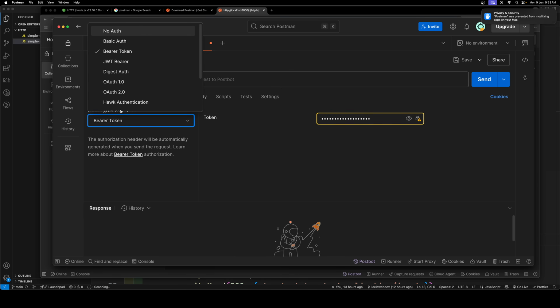So the authorization, whatever you are taking, basic auth. If you try to click on the basic, if you click on the basic auth,